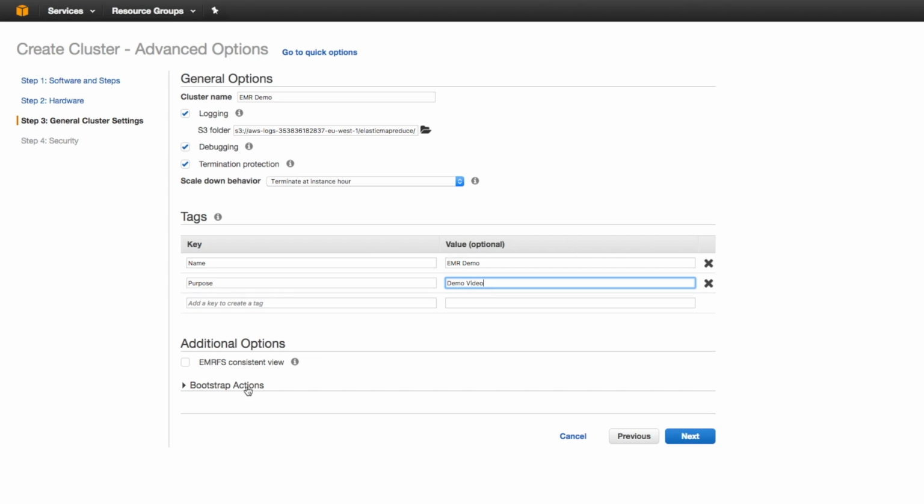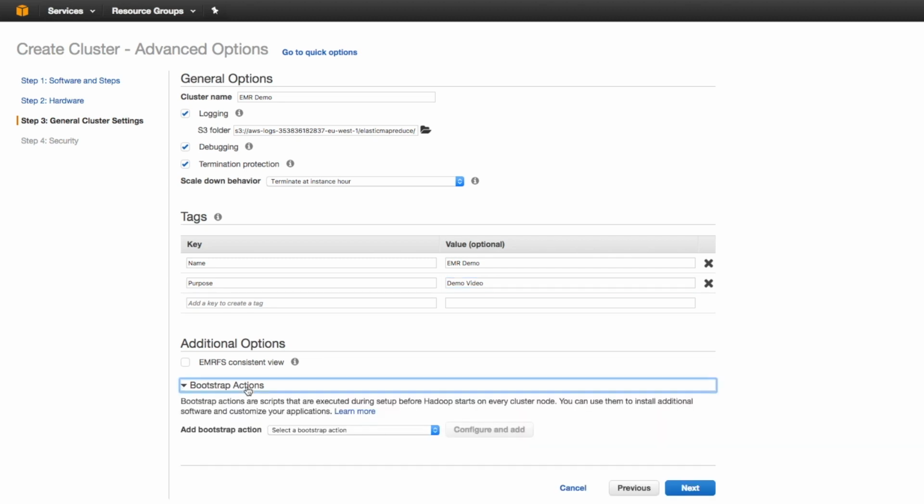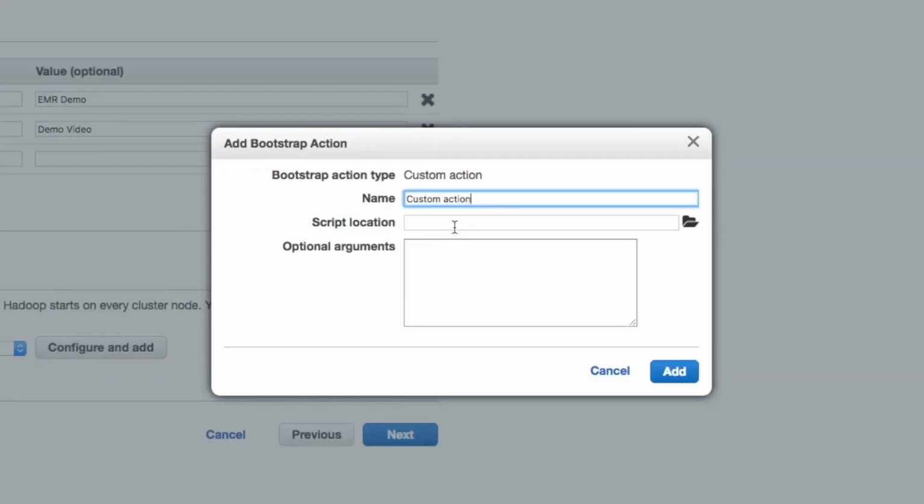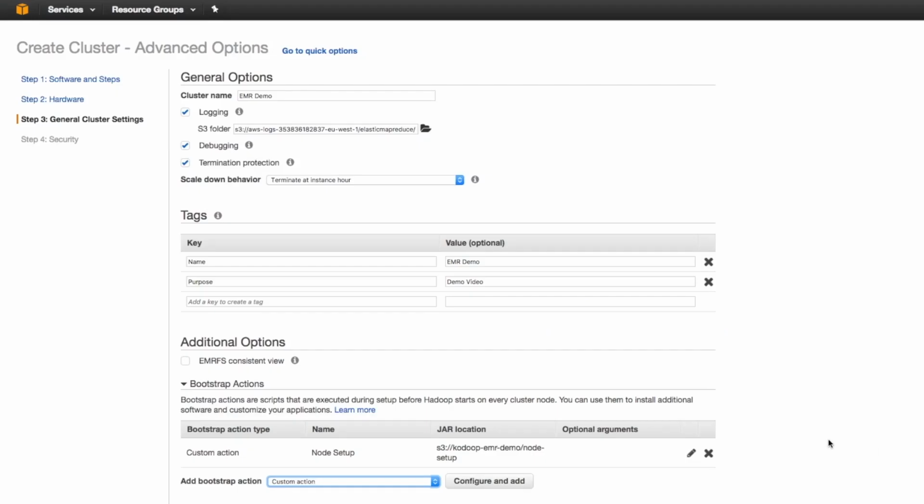Bootstrap actions is the next thing we need to put in. So the bootstrap action configures each node to run Kognitio software. All this requires is the installation of some extra RPMs. So we're just going to run a custom action. We'll configure it. We'll name it node setup, and we will put the name of the other script which we uploaded to S3 as a script location. And we'll add that. Now this script, you can read what it does in the blog, basically just install some RPMs. So now we can click next,